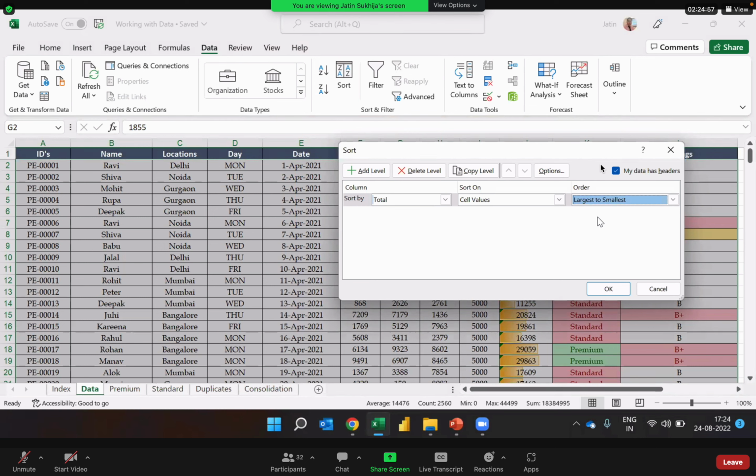So first I selected my entire data. Data tab, sort. And now we want to sort on total transactions in the order of largest to smallest. Now, once we have done this,